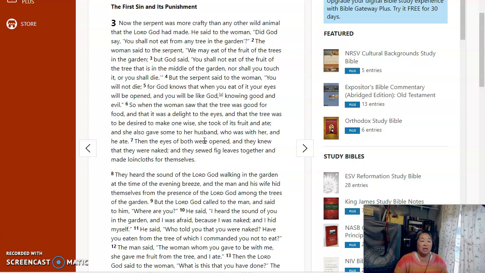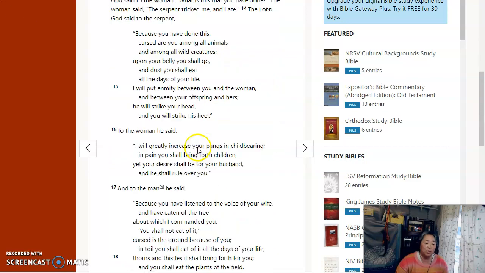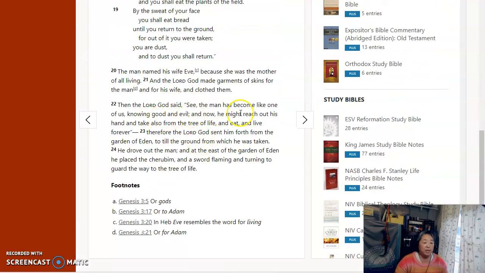And as a result of this, because God didn't want them to eat of the tree of life as well, if you notice, to become one of